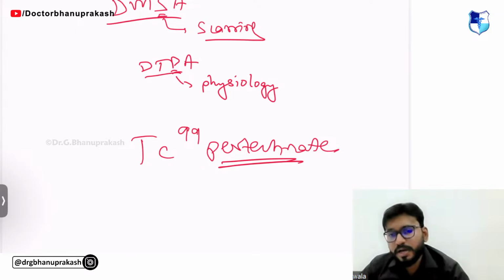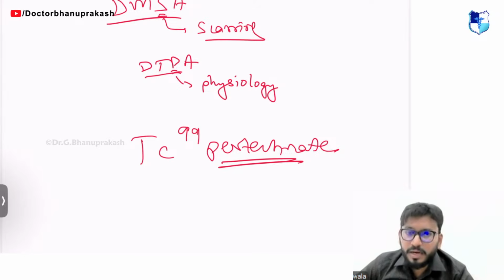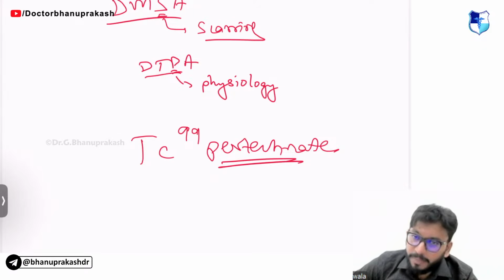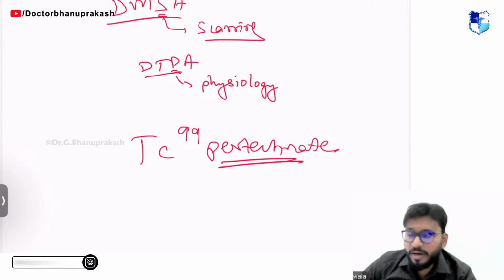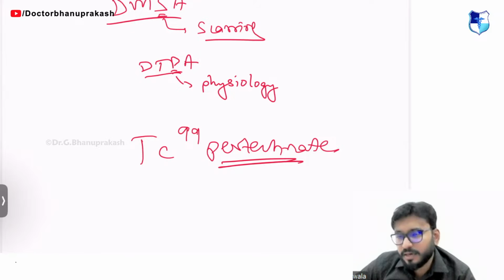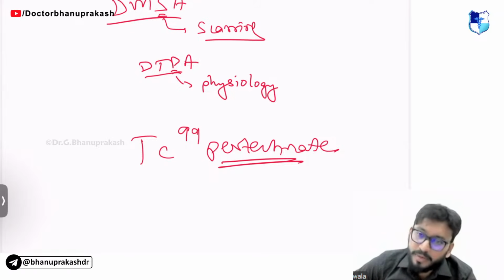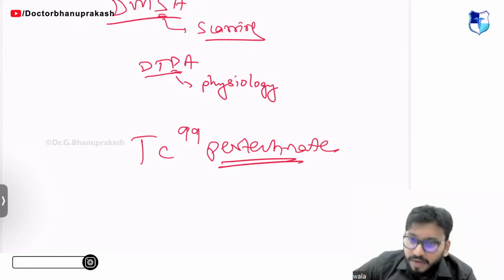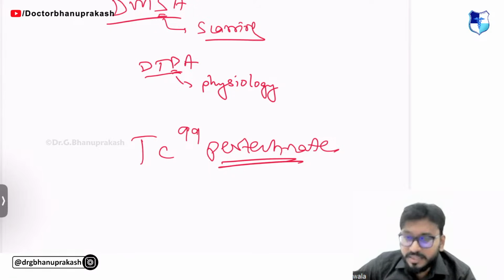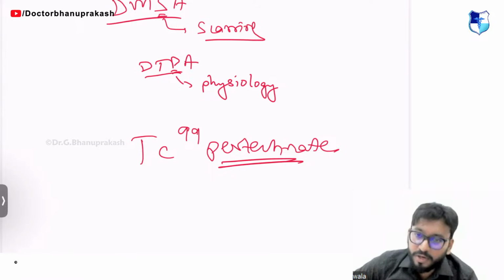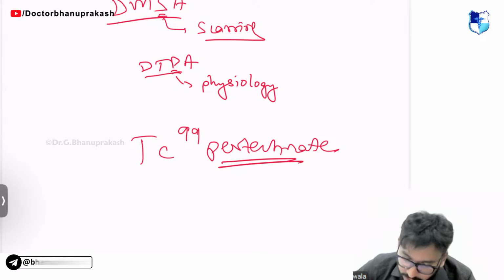Everything important I've already covered. Technetium 99, DTPA, DMSA, FDG PET. This is what is usually asked. One effect the cancer cells show is the Warburg effect. That has already been covered in FDG PET. What is the T half? 110 minutes. So these are the questions that are asked. Any orange photo you see, usually it is an FDG PET.